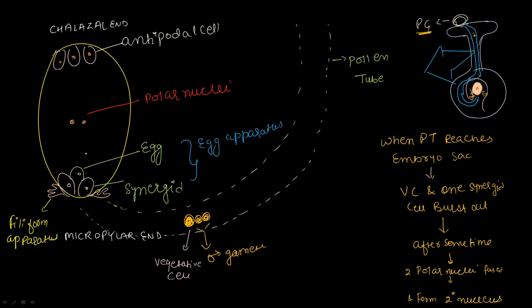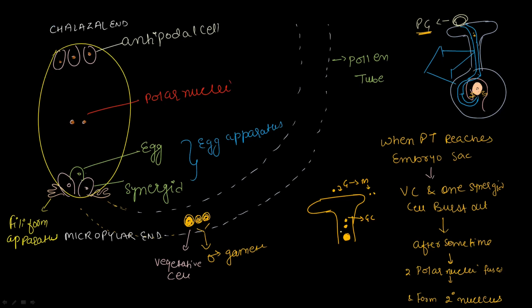This image simply explains how the pollen tube is going through the micropylar end. Suppose this is the pollen tube and it is going through the micropylar end. What happens? I told you, when the pollen grain lands on the stigma, then the generative cell goes through mitosis and forms what? Two male gametes. So you put the two male gametes, then you have the vegetative cell. The vegetative cell is ahead of these two male gametes. Why?